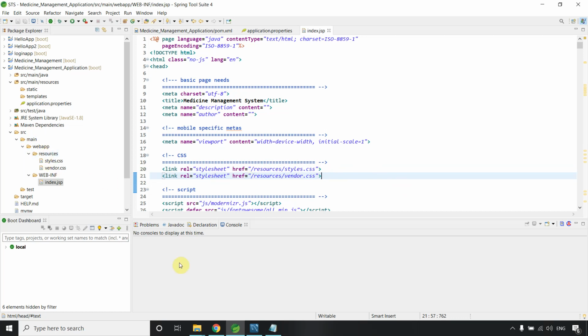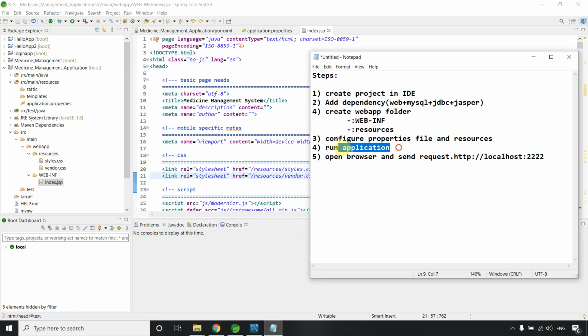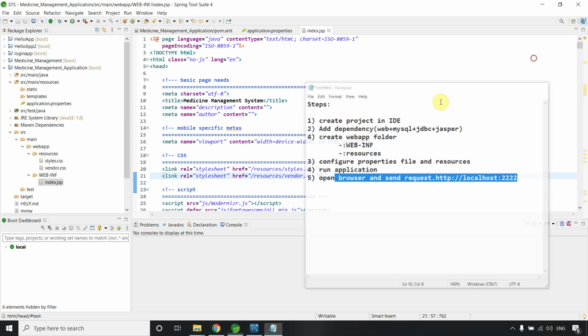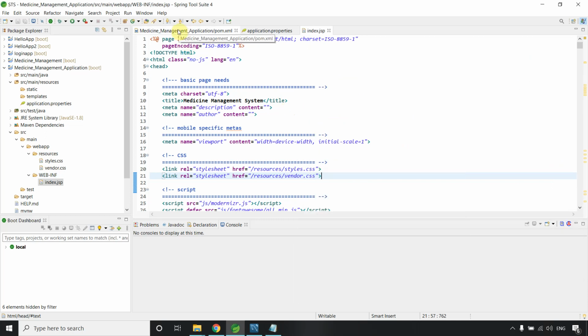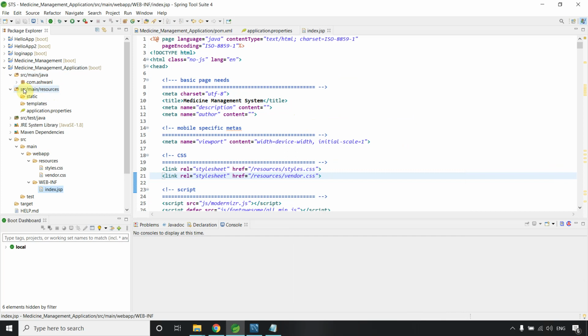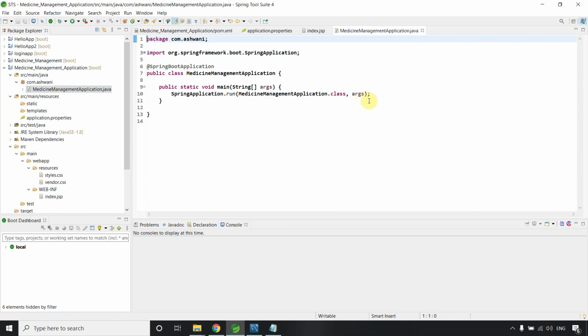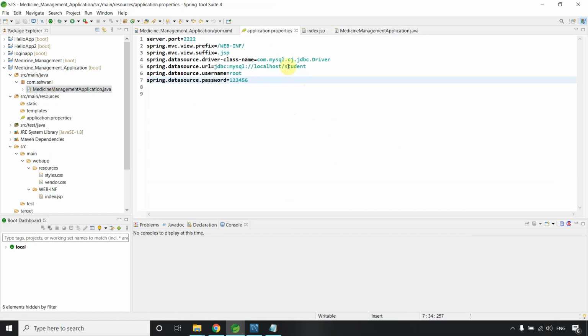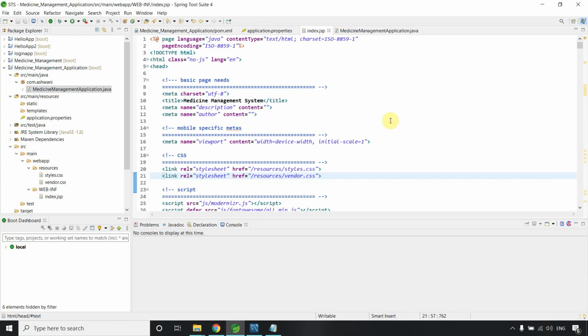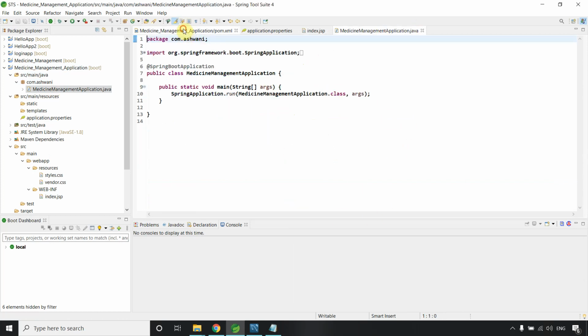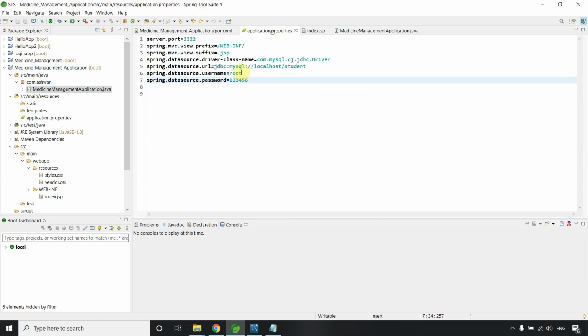Okay, all of webapp. Now run the application and open the browser. I think we have done all the things. We can just start our application. Let me recheck once. Yes, we provided this.